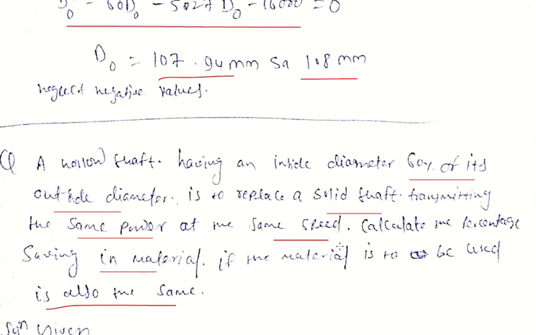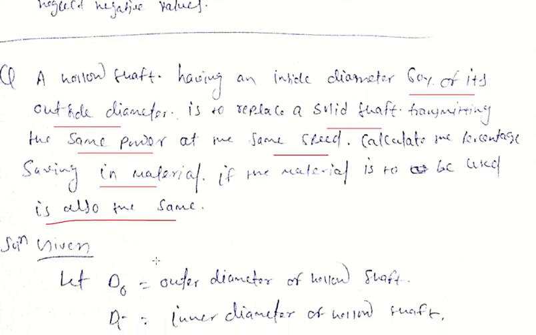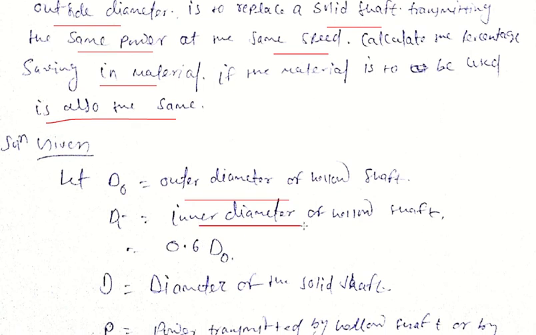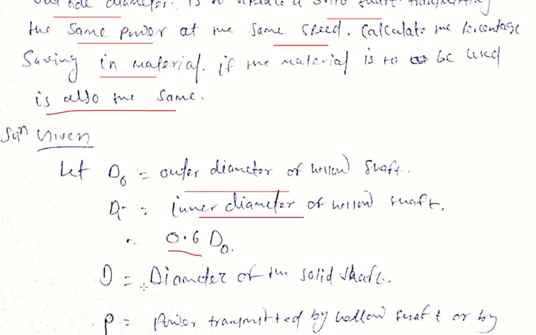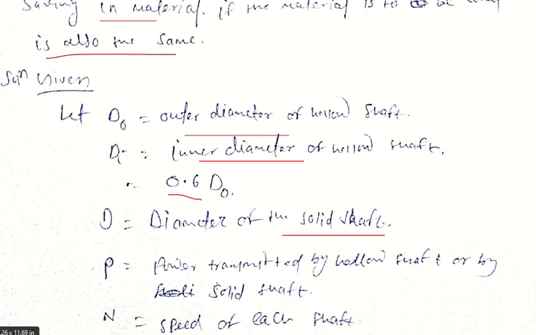So speed and power are the same, so torque is the same. Now the torque is the same and the material is the same, so the C value is the same. So here we solve this problem. d outer is the outer diameter, d inner is the inner diameter of the hollow shaft, which equals 0.6 d naught, and d is the diameter of the solid shaft. T is the power transmitted by a hollow shaft or by a solid shaft,